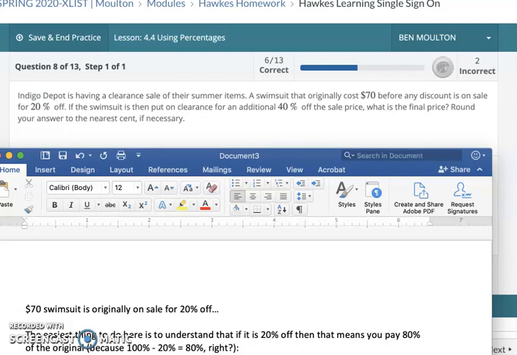So this swimsuit, and by the way, is our swimsuit really that expensive? I don't know. My wife always does the shopping for swimsuits, but oh my gosh, a $70 swimsuit on sale for